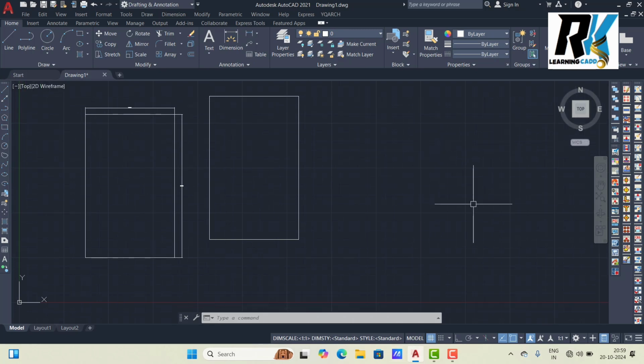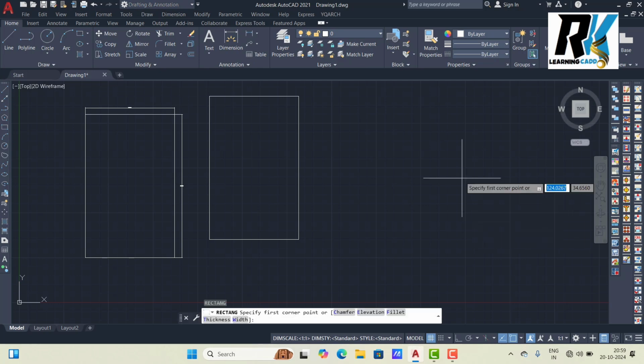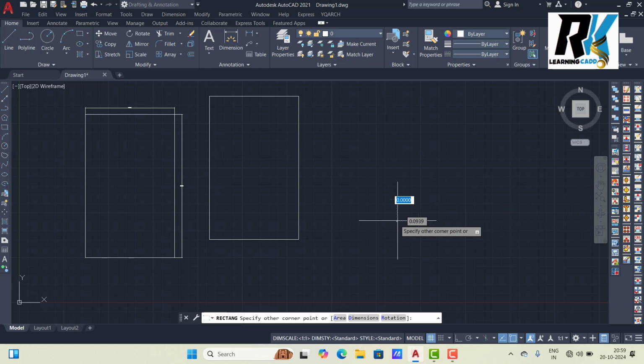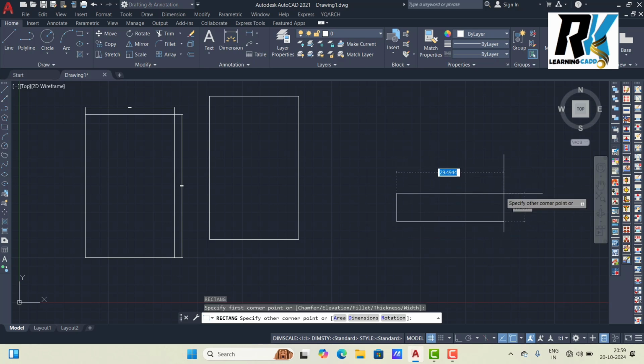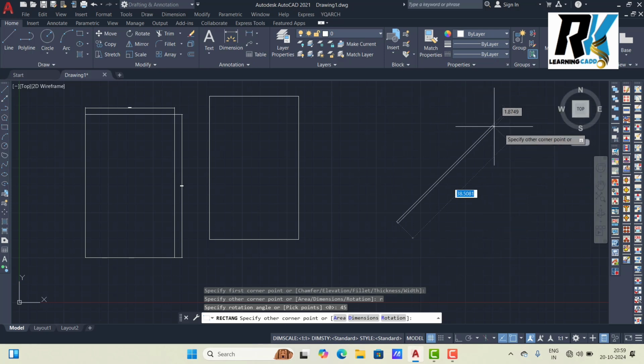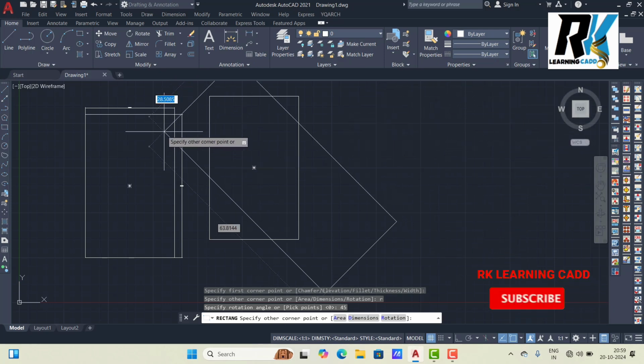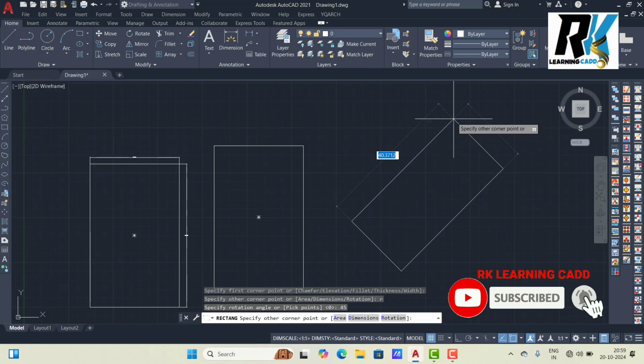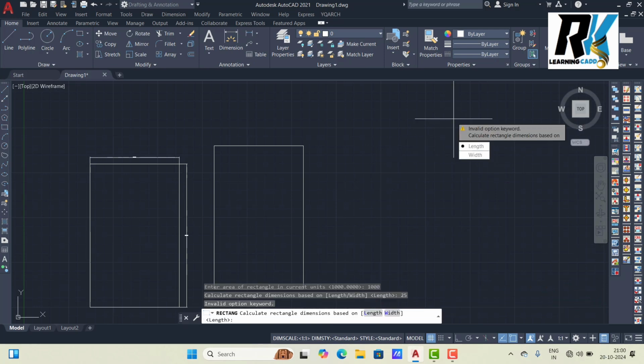Now the last option is rotation. Friends, here there is no need to learn it in depth, because a separate rotation command is given. But if you want to learn it here, you can check once: REC enter, then give the first corner point. Now I want to rotate this rectangle 45 degrees. Just press R one time and type angle 45. Now your rectangle rotates 45 degrees. Now you can follow the same dimension or area method. If you follow the area method, A enter, type area 1000, choose length and type length 25.